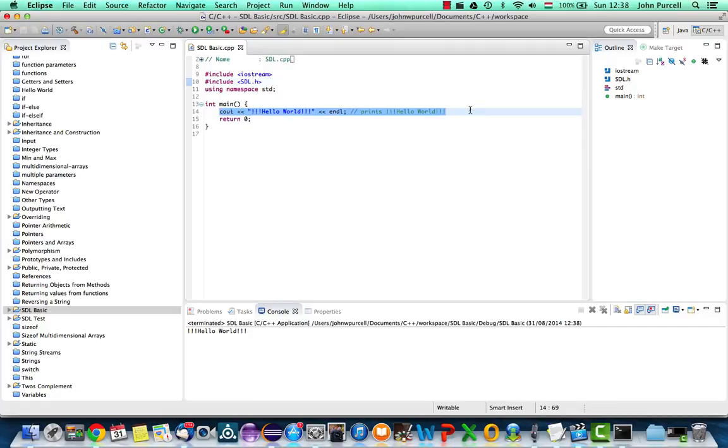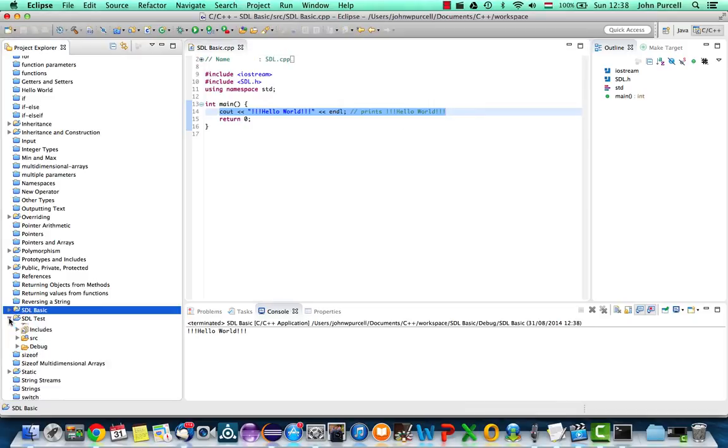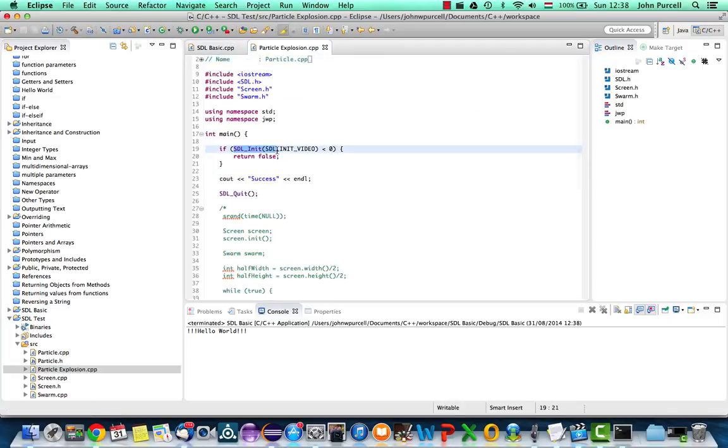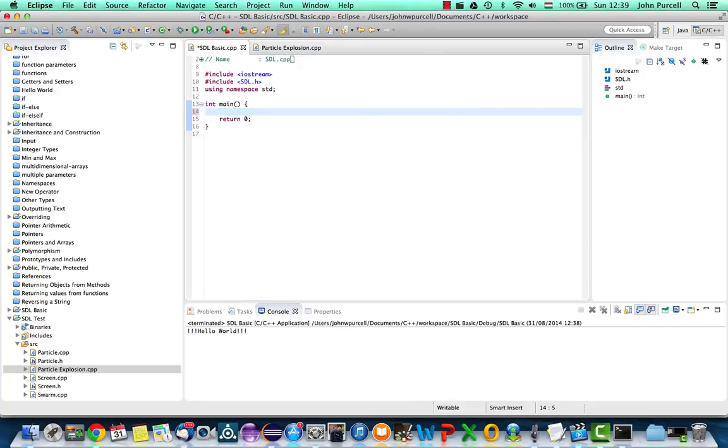Now let's try calling a couple of SDL functions just to check that this works. I've got a little program that I already set up, and I'm going to just call SDL init and SDL quit. So we've got SDL init and we're telling it with this constant, which is in the SDL header file, to just initialize the graphics mode. So let's type this out. Let's say